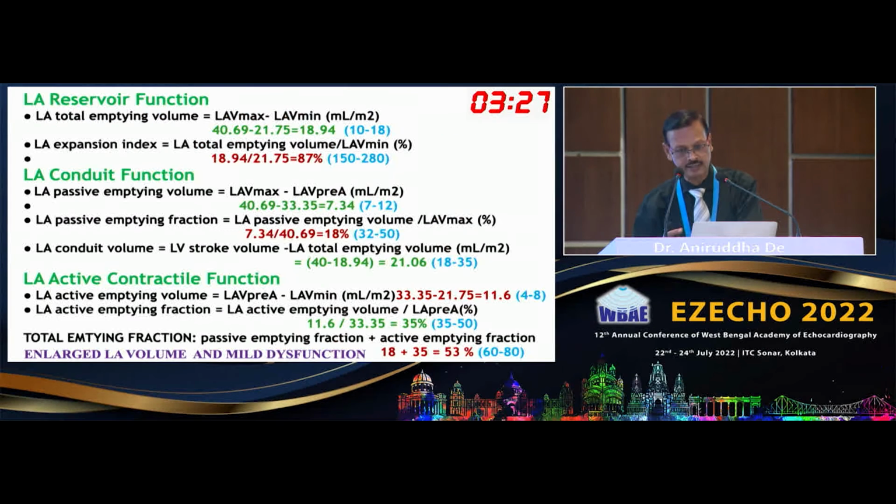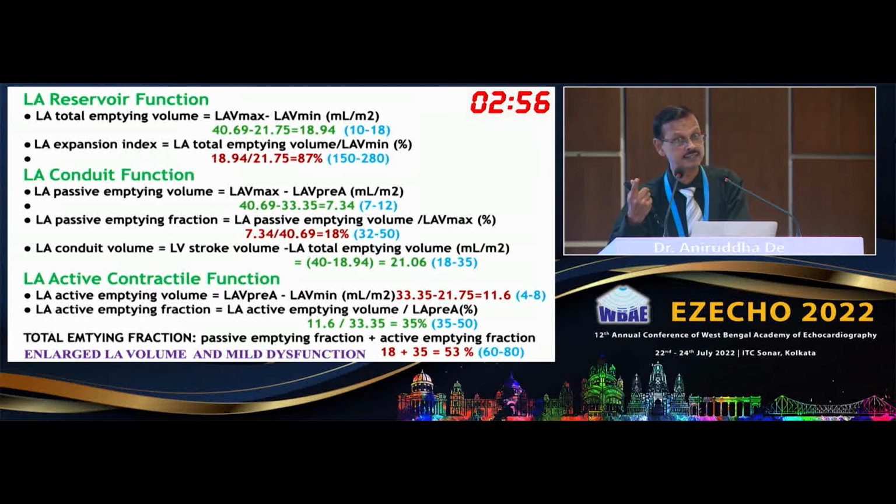Now we plot it, the same thing, to find out the functions. You see, there is a definite reduction in the LA expansion index. There is a reduction in the emptying fraction. There is a reduction in the LA active emptying volume, and of course the total emptying fraction is reduced. So here we can see this, but certain other functions are still within normal limits. So we can conclude there's something that enlarges LA volume, and there is some mild dysfunction of the LA, only